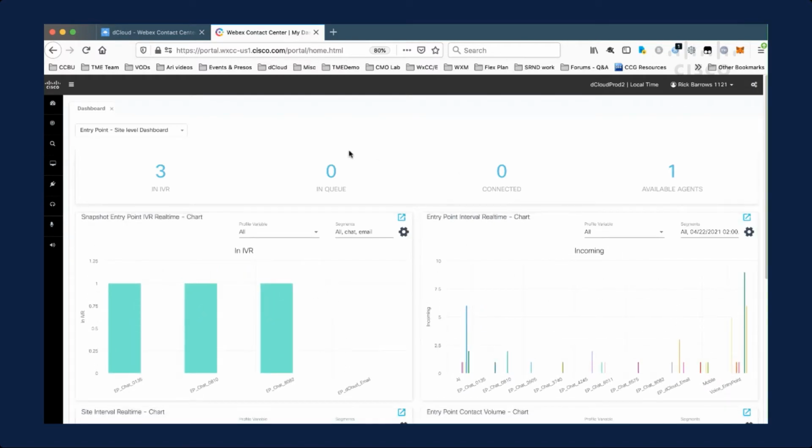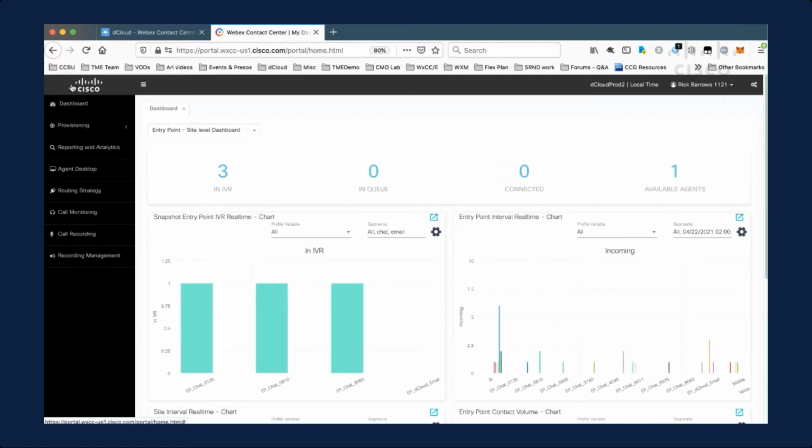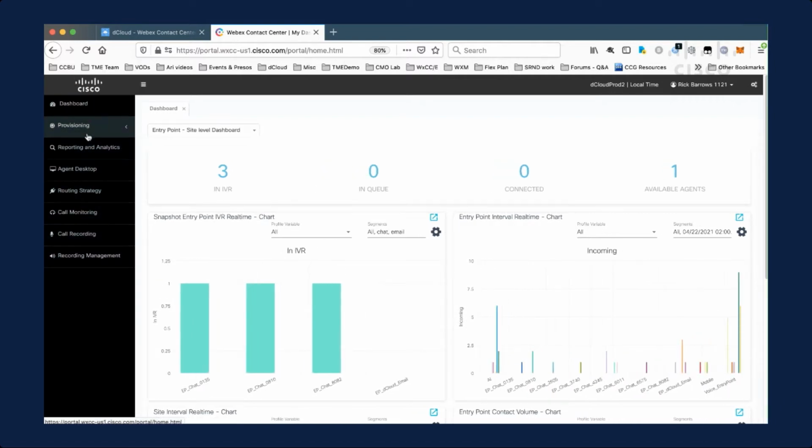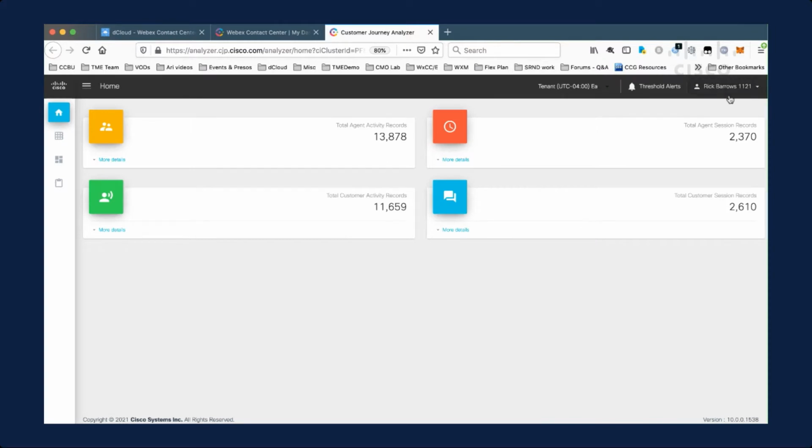And this will get you into the Management Portal, where you can then expand out to see all of the options within here. And this is how you get to the analyzer, through the Reporting and Analytics link. And since you're already logged in as Rick Barrows, we can see that we're now logged right into the analyzer